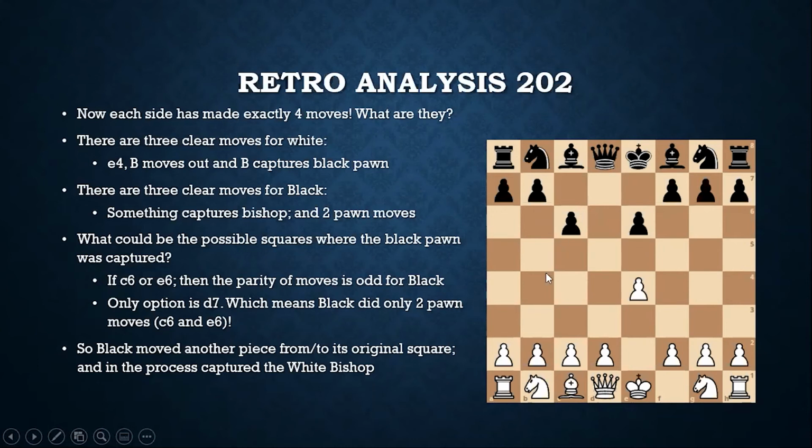But if you just focus on where the black pawn was captured, clearly the white bishop has captured the black pawn, so one of the white squares is where that capture happened. But if you see either c6 or e6, you'll realize that the parity of the moves does not match, because black did not move any other pawns. If these are the only three pawns to be moved, then capturing on c6 or e6 will throw the number of black moves out of balance. So the only possibility left is that the white bishop captured on the d7 square.